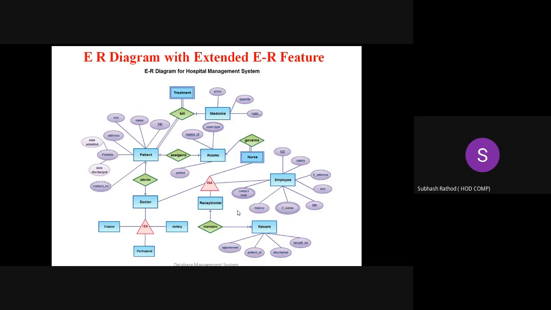Only today. You have to draw right now, because you just have to take the photo and upload it. So I will give 5 minutes again to draw this diagram, because the same diagram you have to upload in the assignment in Google Classroom today. Today is the deadline. So take 5 minutes, draw right now, take the photo and upload. Take the pen and paper, please. I will wait for the 5 minutes.